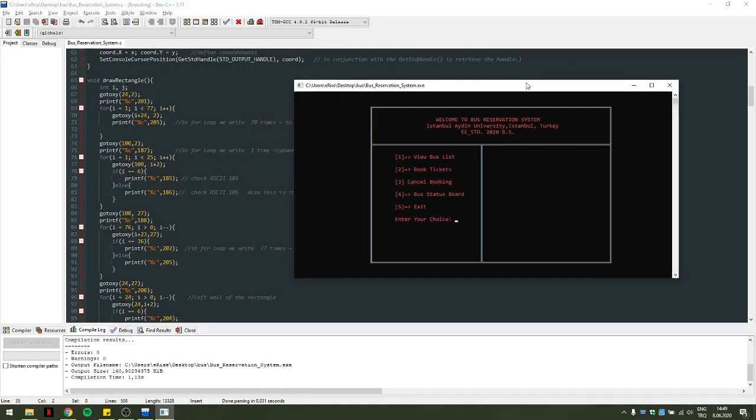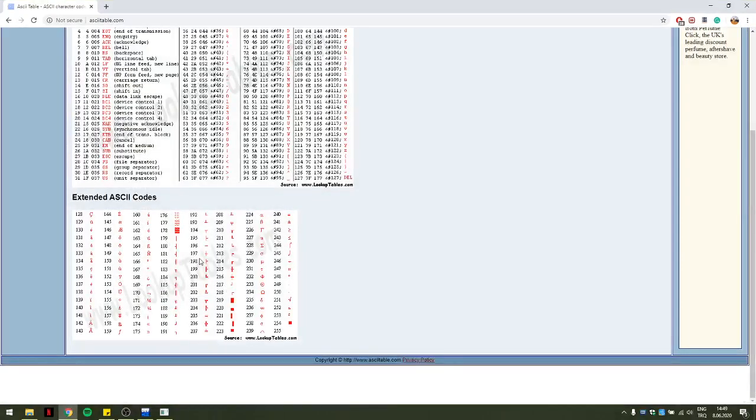So that's my program, and defining int i and j. Here gotoxy, x equals 24, y equals 2. So we're going to write printf character 201, which means we want to print something at x 24 and y 2, which is 201. This is an ASCII number. Let's check on the table. 201 means a corner here,